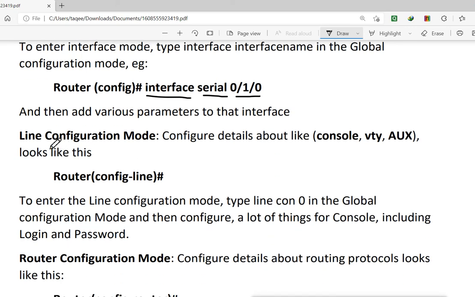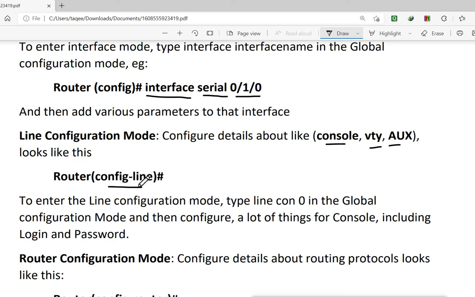Then there is another sub configuration mode called line configuration mode. This is used to configure the details about the line modes, like the console port, VTY or auxiliary port. Remember, the console port is what we use to connect to the router. So if we want to change some configuration for the console port, we will use this command and go to the line configuration mode, and it looks like config-line.